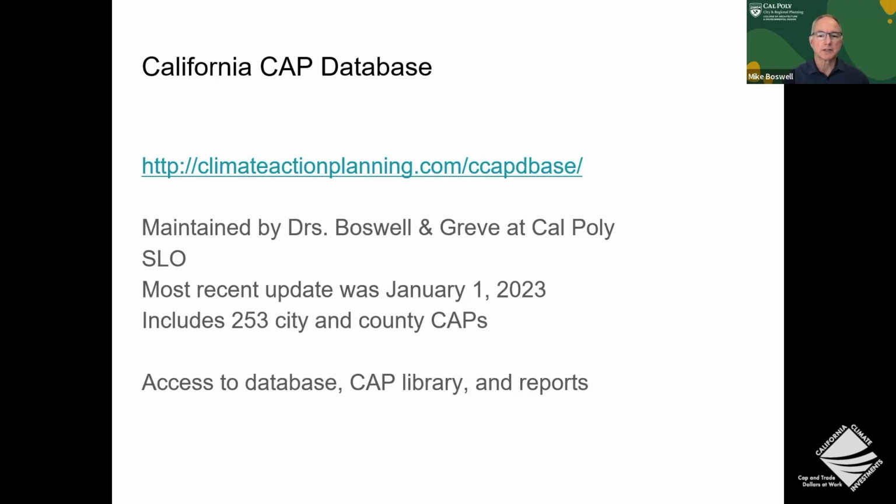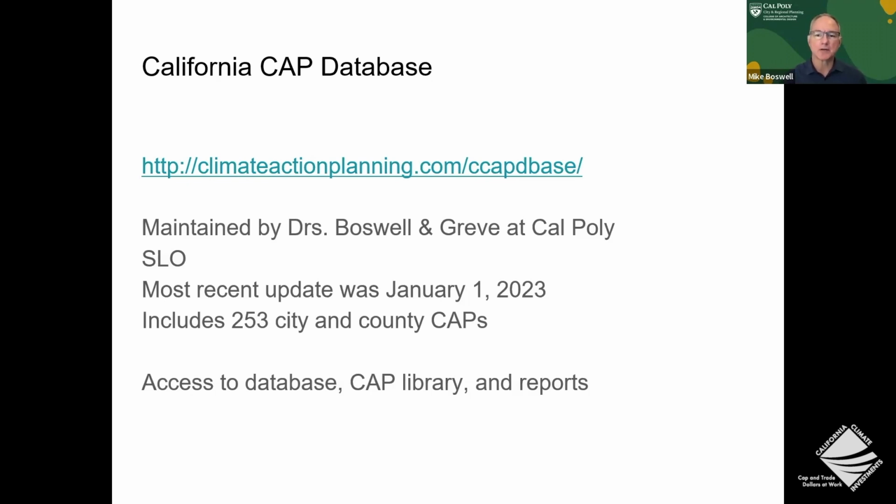One of the challenges that we have noted is that oftentimes it's difficult to find the climate action plan at a city or county website. Some are difficult to find, some don't seem to be posted at all. And so what we did is pulled all of the PDFs, all the copies of the climate action plans, and put them in one place. So it's one-stop shopping. You don't have to go looking for the jurisdiction. You can find them all right here in the CAP library.